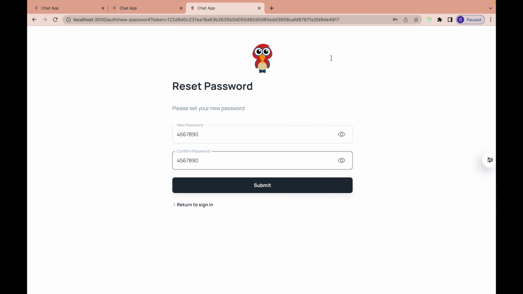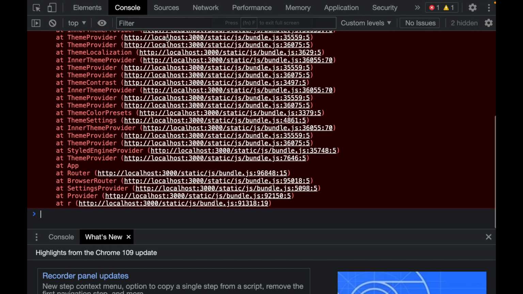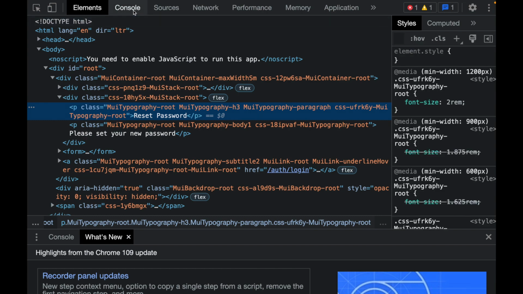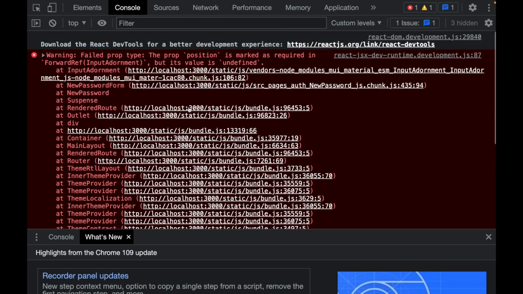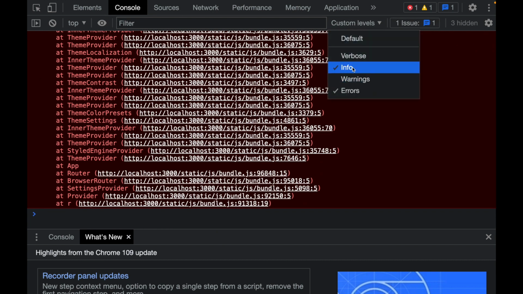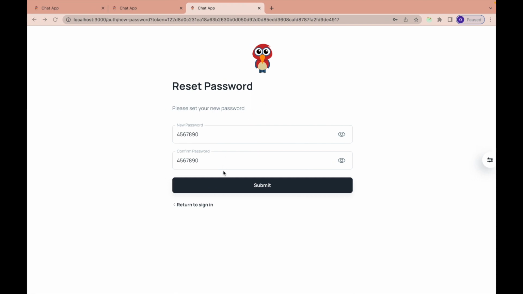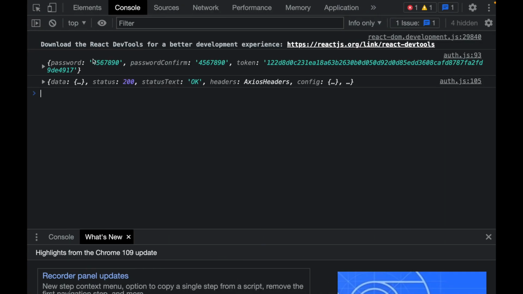Before that, let me also pull up the inspector here, then switch to this console again. Please just ignore all of this. This is just some warning message from React. So I'm just going to change this from errors to info only. Let's just remove these errors for now. And now if I just click on this submit button,